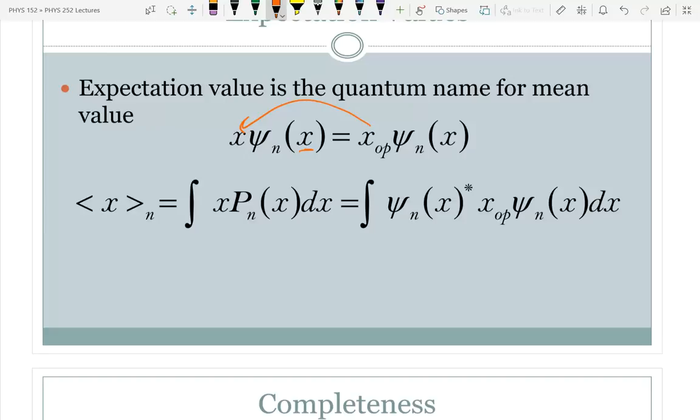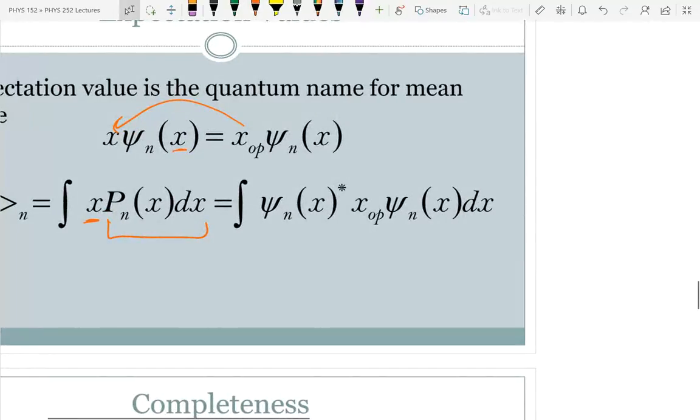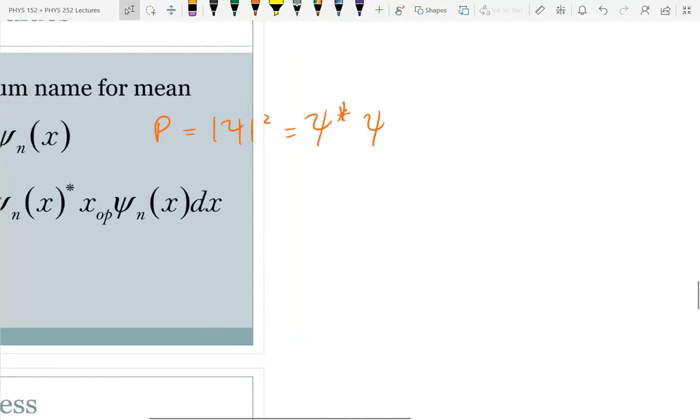And so mathematically, it's going to be your position multiplied by the probability of being at that position, integrated over all of the possible space. In practice, we write it in a different order. The probability, I said, was equal to psi mod squared. That means psi complex conjugate times psi. Just to make sure it's really clear, because this is probably new to you,